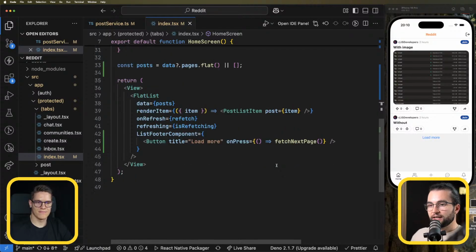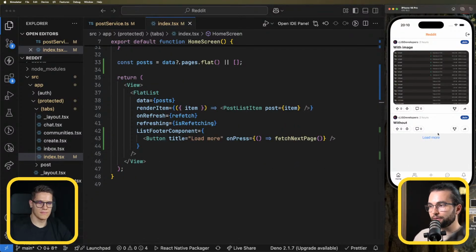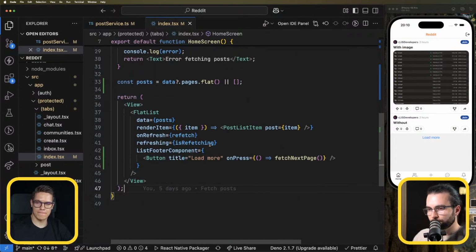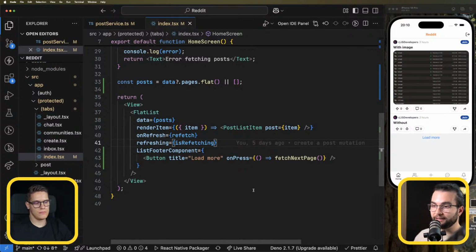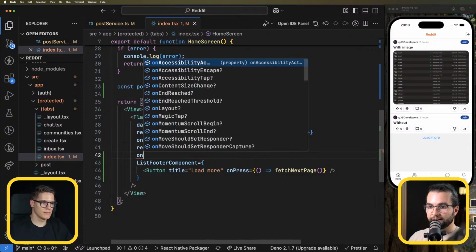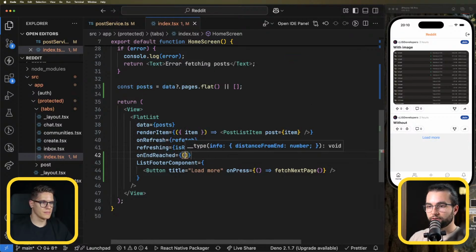Perfect. So that's how we are doing it. However, usually we do not have a button. Usually we have automated load more. To do that, what we have to do is say on the flat list, on end reached